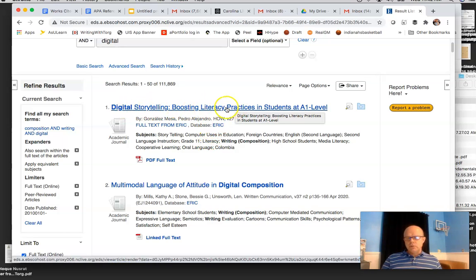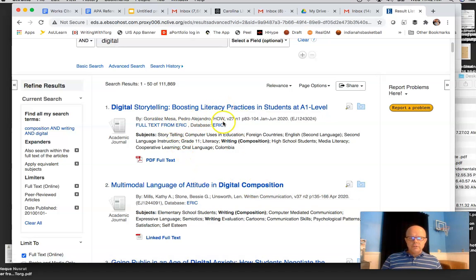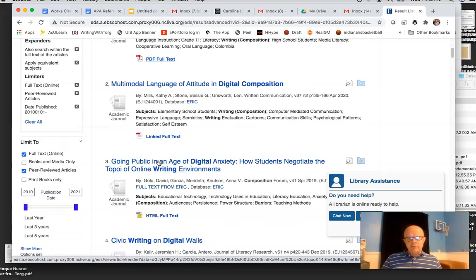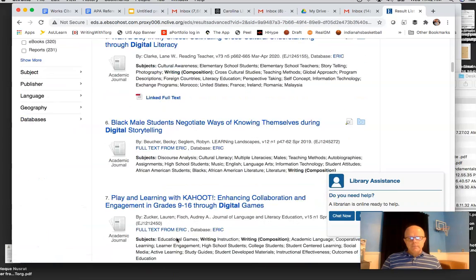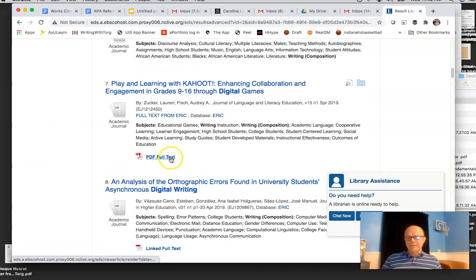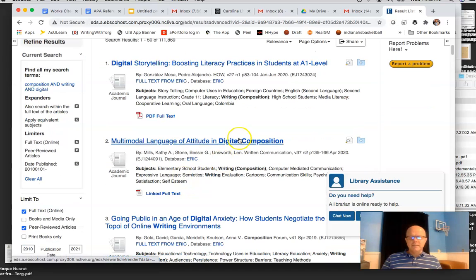Digital storytelling, boosting literacy practices. This is the title of the article. Here are the authors. It is from HOW Journal. Here are the page numbers the article goes. So a lot of the stuff I need right here for citation is there. I often been looking for these PDF full text. A lot of times if I go to linked full text, I can still find something, but this is really great when I see the PDF full text, especially if I'm working on an assignment where I'm not super picky about what I'm looking for. For example, just browsing articles in the major. So I can click on this,